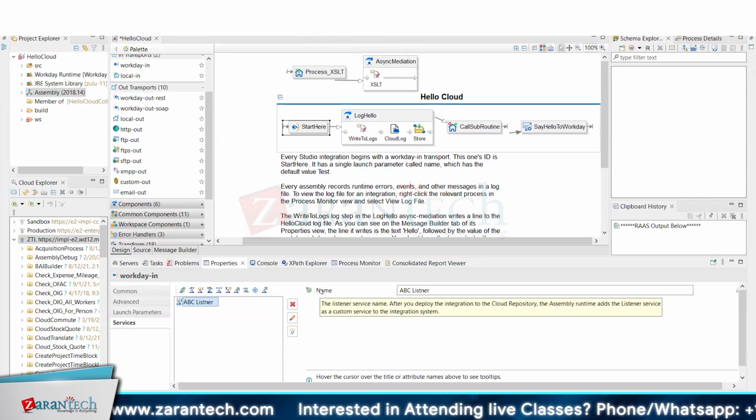So can we get a real time example, not now, but in future classes, about the listener service? I will check if it is under the course curriculum. If the listener service is covered, I will do it. Otherwise, I will try to get an assembly that's available where we are using this, or a use case. I can at least show you how we configure this component,